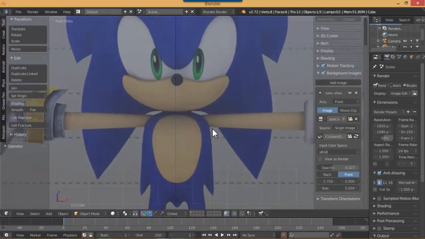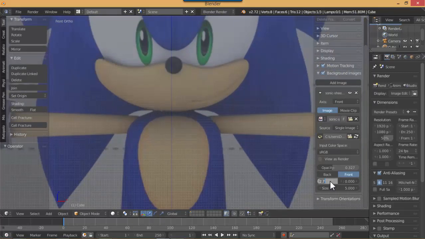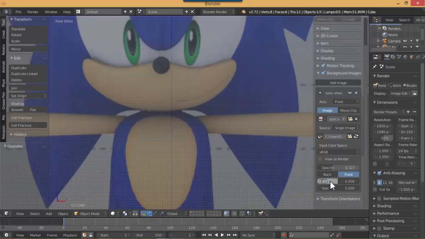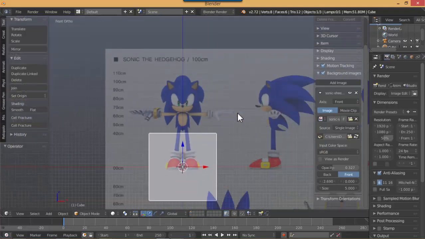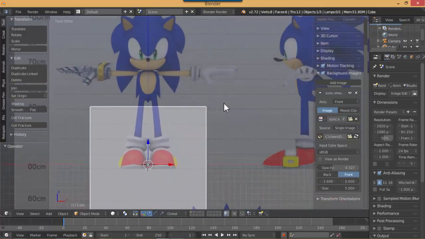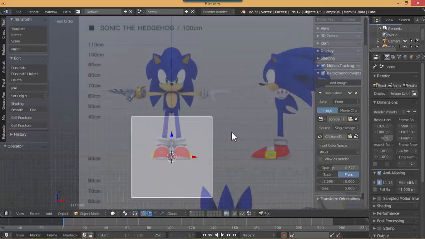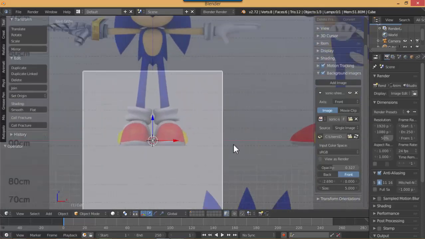That's pretty good off the bat, but I want to make it even more even. So we're going to try 2.65. That's too much. Let's try 2.69. That's perfect. Okay. So now we have our front view set up, and make sure that his feet are right on